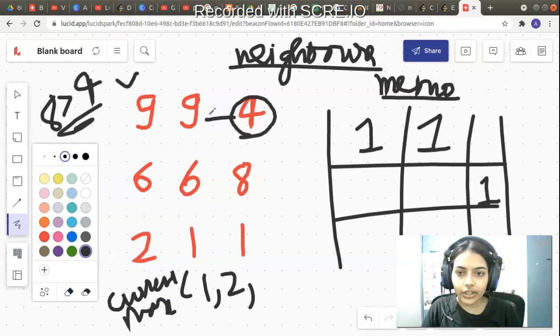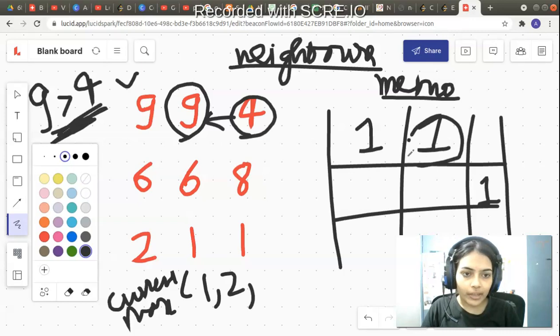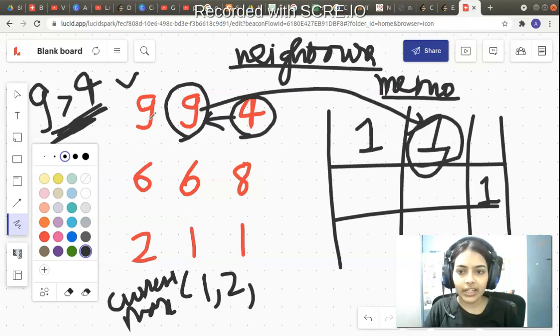Let's say it makes a function call to its left neighbor. Its left neighbor is 9. Now 9 is also greater than 4. So this is a useful neighbor. Now 9 is already having the value 1 in the memoization matrix. So we can directly get the value corresponding to 9 from the memoization matrix. We need not enter into recursive calls like we did for 8. Corresponding to 9, there's a value 1 in the memoization matrix. So it will simply return back 1.